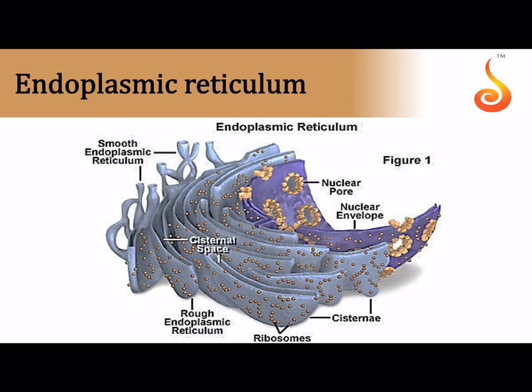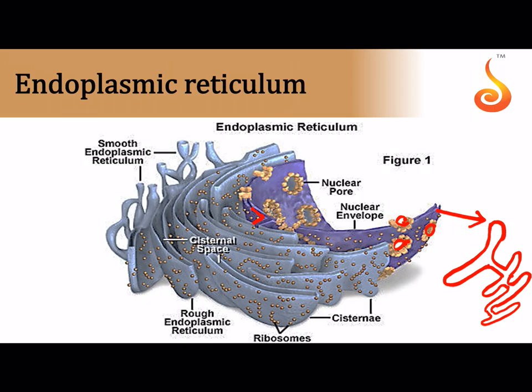Endoplasmic reticulum is present very close to the nucleus. See, this purple layer is the nucleus, actually it's the nuclear membrane with openings which are referred to as the nuclear pore. Yes or no? Immediately outer, you can see how the outer membrane of the nucleus, actually this nuclear envelope, is a double layer like this, and this outer layer extends to form flattened sac-like structures, and these flattened sac-like structures are referred to as the endoplasmic reticulum. So this is the endoplasmic reticulum.